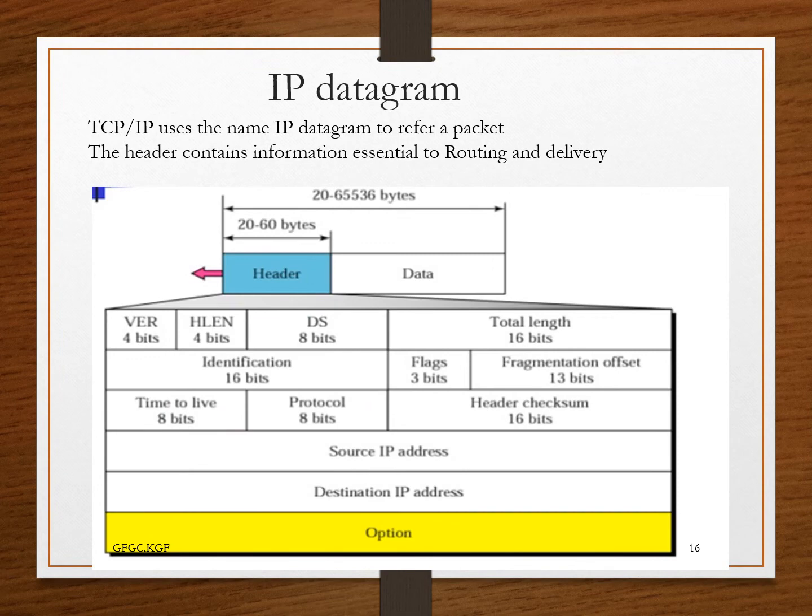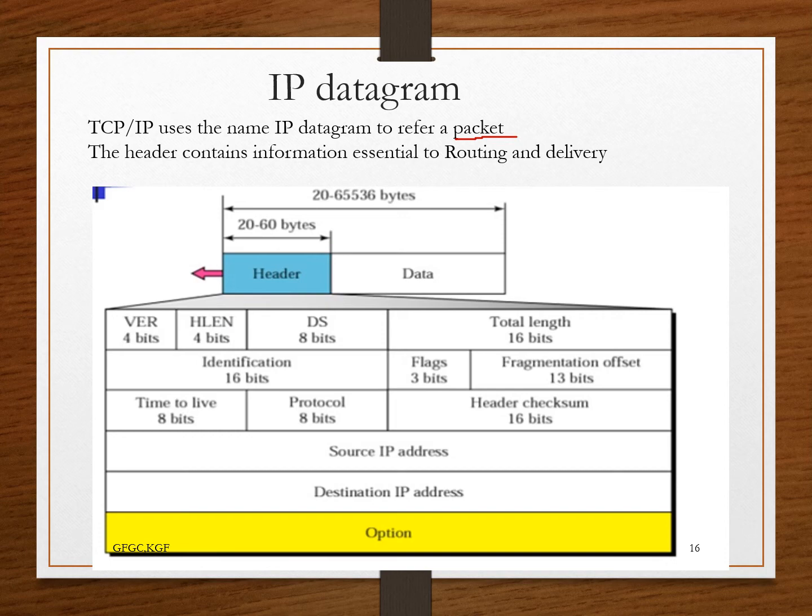IP datagram. TCP/IP uses the name IP datagram to refer to a packet. The format of data that can be recognized by IP is also called an IP datagram, or in short, small packets are called datagrams. When data is sent over the network, it needs source and destination details to reach the destination. So the IP datagram is divided into two components, the header and the data,